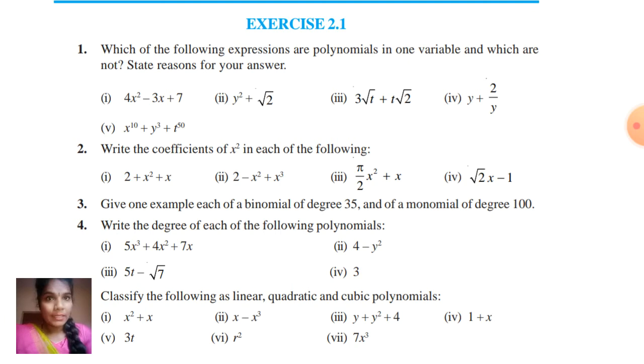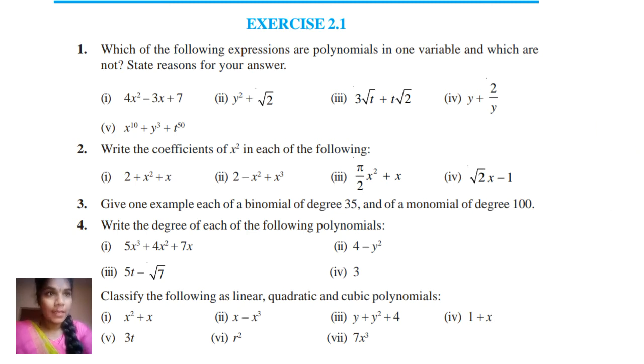If you notice in the first expression, x square is the second term, correct? If you don't have anything as a number in front of x square, you can consider you have a 1 there, okay? If you don't have anything in front of a particular variable, you can consider the coefficient as 1.